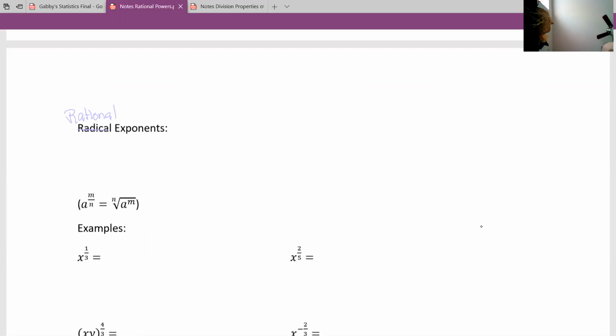For your rational exponents, what that really means is when you have a fraction as your exponent, the top is the power inside